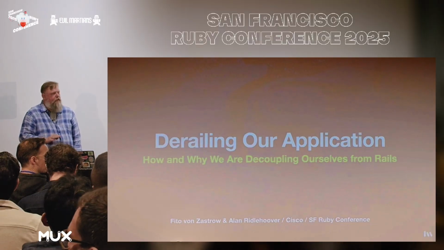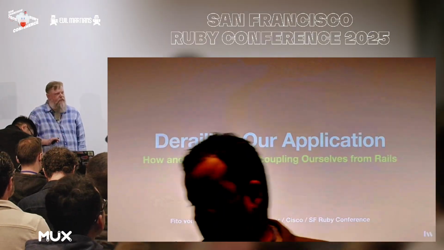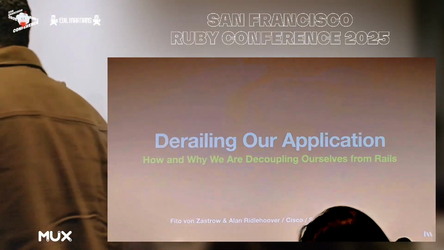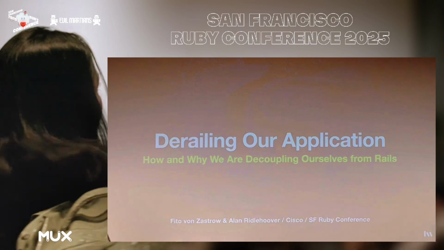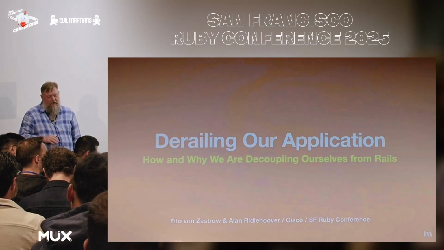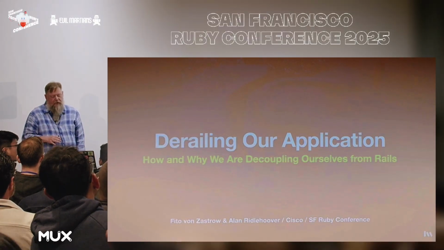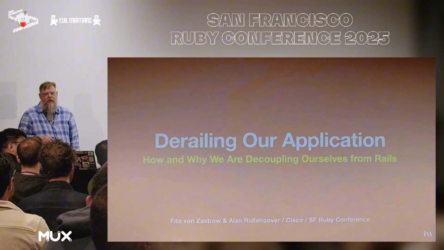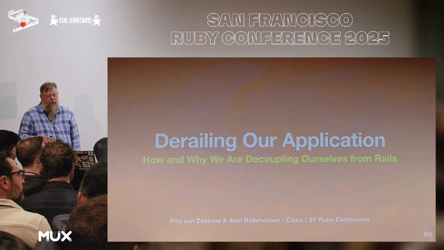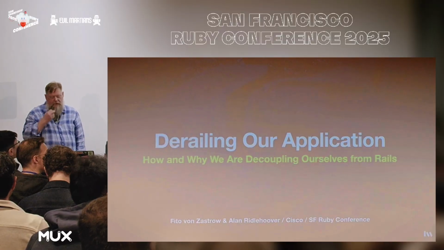So, we call this talk Derailing Our Application, but that's a little bit of a misnomer. We're not actually removing Rails from our app. Rather, we're decoupling our business logic from Rails constructs. Because we found that Rails was both getting in our way and not providing enough structure at our scale. Now, before we dive into that, though, we need to share a couple of concepts so that we can establish